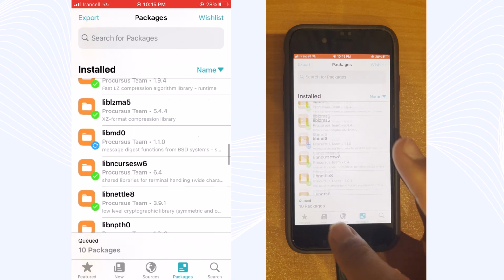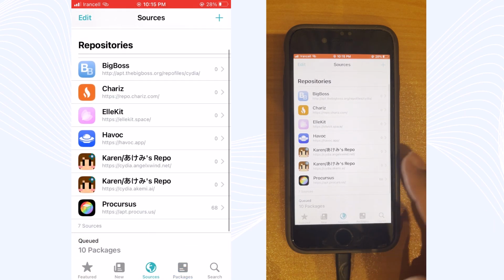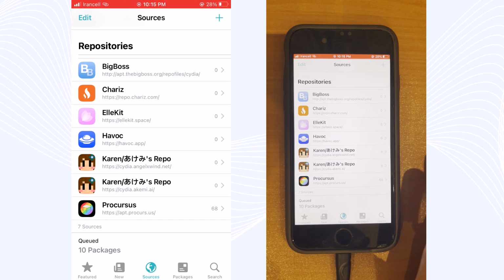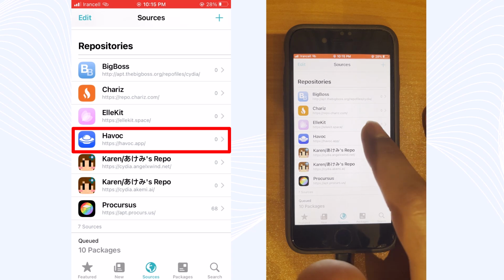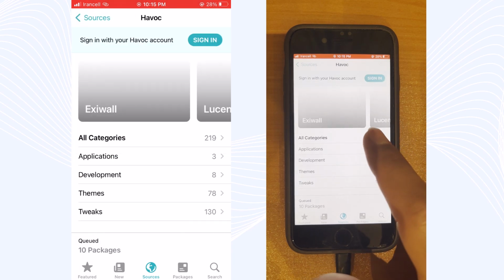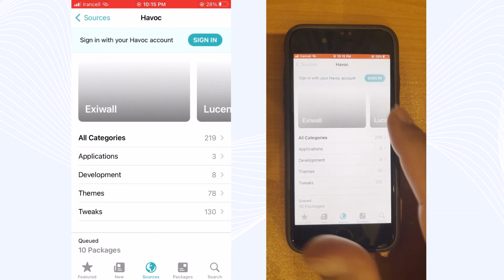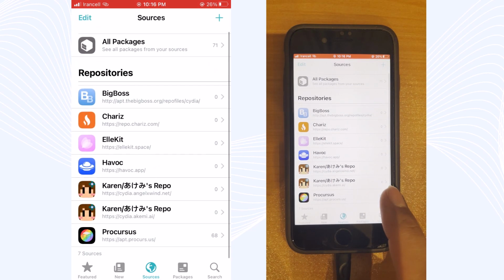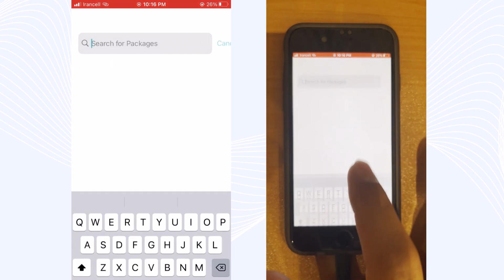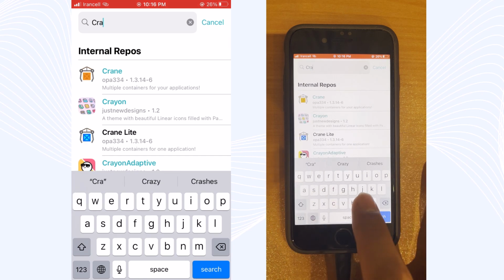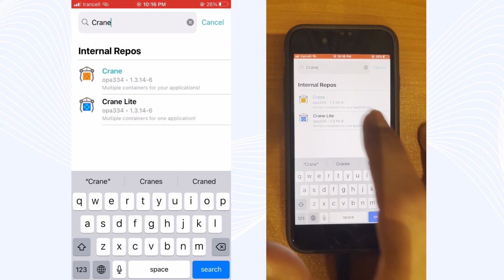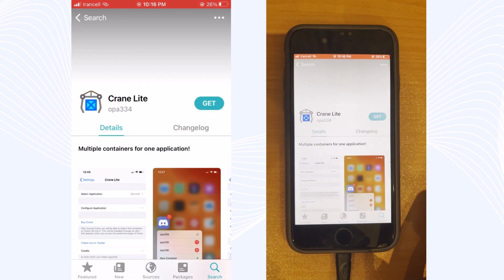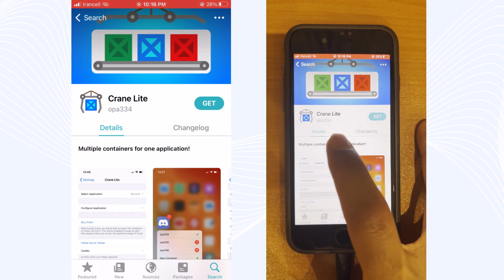After that, guys, go to Sources and you can find Havoc repository as a default, and you can go here and try to find the Crane tweak, or you can just go to Search and try to find the Crane tweak. As you can see, guys, we have 2 versions of Crane here. Crane Lite is the free version and you can just clone one app with it.